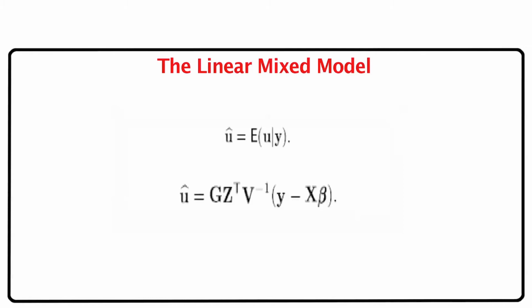It turns out that the best answer to this question is given by the earlier form with beta equal to beta hat and U hat replaced by the expectation of U given Y. If we use the normality and the properties of conditional and marginal normals in linear functions, it turns out that U hat is equal to G Z prime V inverse times (Y minus X beta). So this allows me not only to make inferences about the fixed parameters,